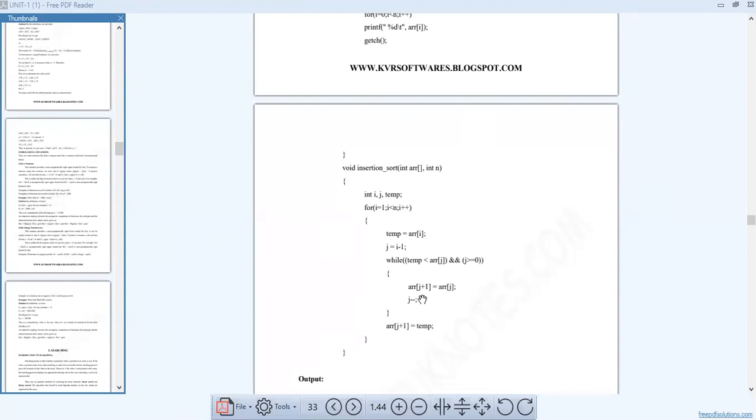Because we cannot directly exchange the values without checking the previous elements in the array. Here see the condition. It will take a little bit of time, just please try to understand. Slowly I am telling, so don't worry. I'm here to help you.